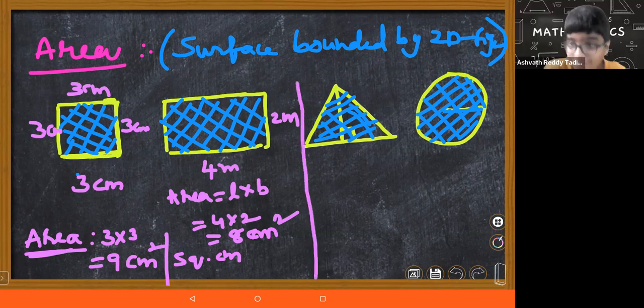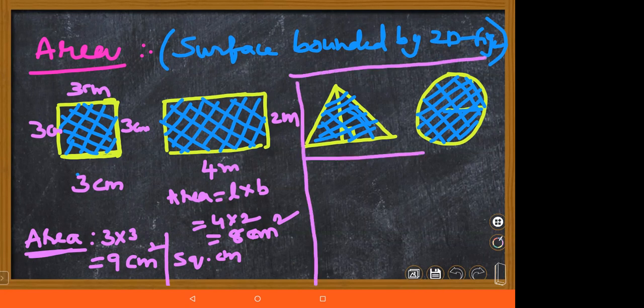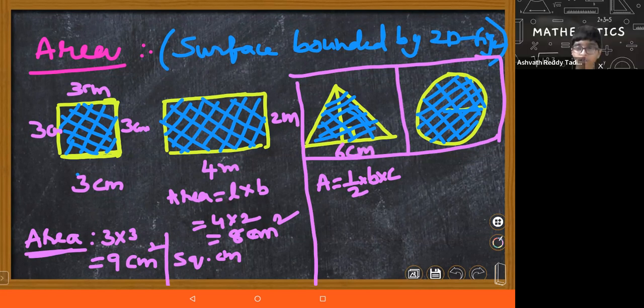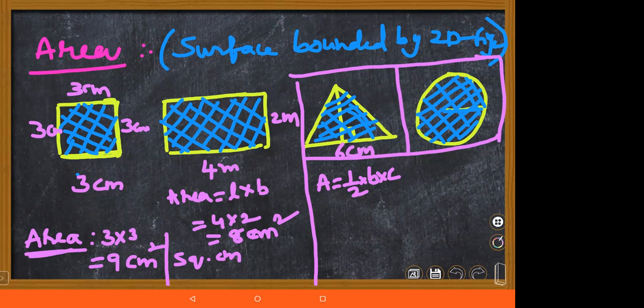Till here you know very well, children. These two figures are new for you. You will learn about these two figures in your senior classes also. But one small thing I'm giving. If base and height of a triangle are given, you can find the area of the triangle as half base into height, children. If you want, you can remember: half multiplied with base into height. Here this is nothing but the height.